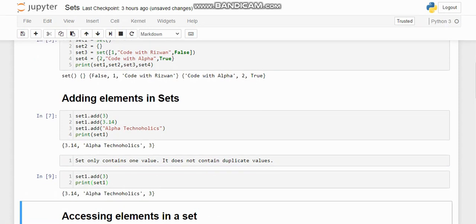So if you see that another 3 was not added, the same 3, there is only one 3. It did not give any error because it will not show any exception over there, and it will not add as well. Okay,